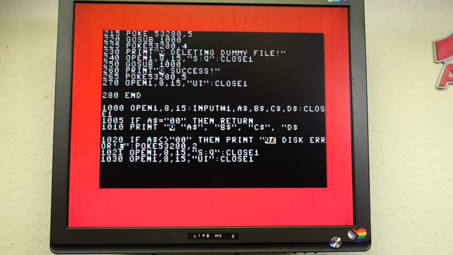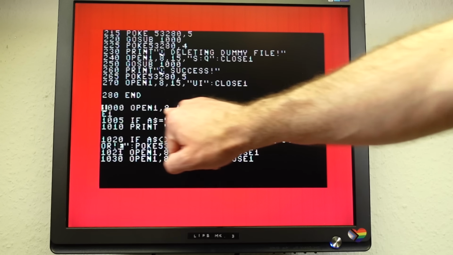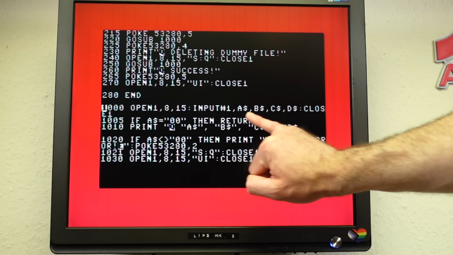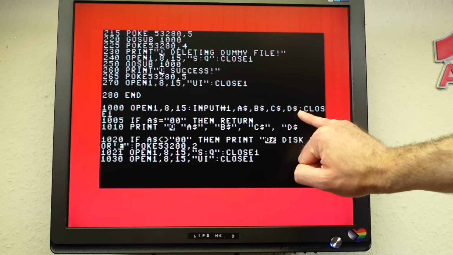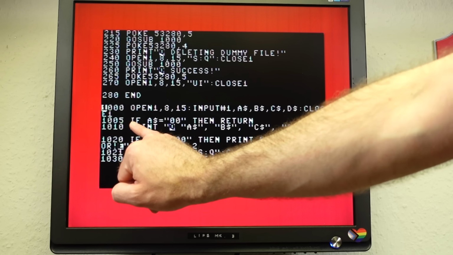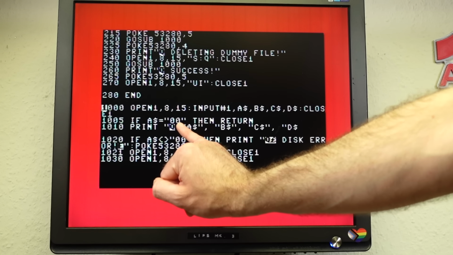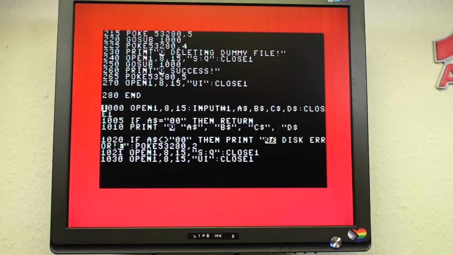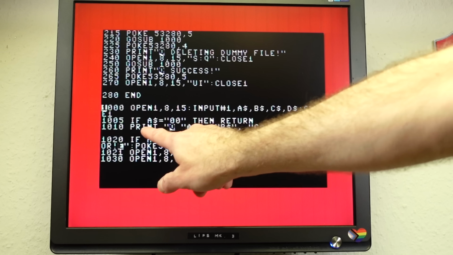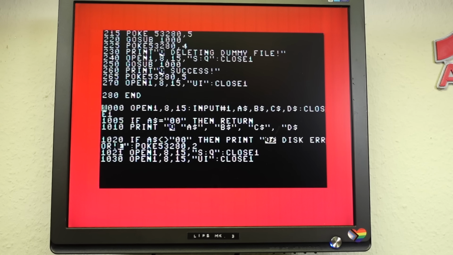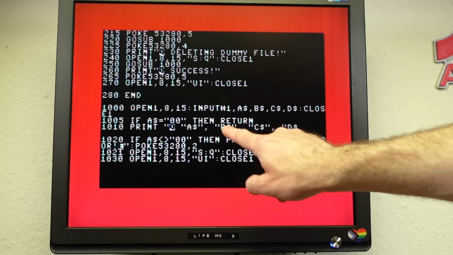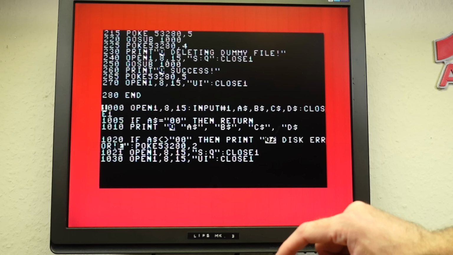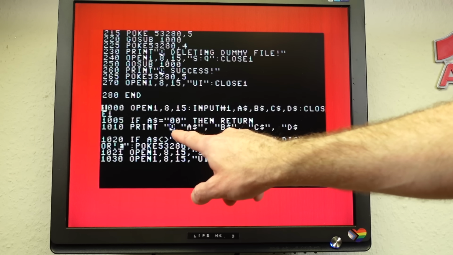And this is the little subroutine for checking the error state of the disk drive. That's just, again, opening a channel and inputting the state of the drive. That's 4 variables basically, and then it closes the channel again. And in case there's no error, the first numbers are 0, 0. In this case, I'm reading this as a string variable because it looks neater. You can also read this as a number. So it's a number, then the error message, and then 2 other numbers that I think relate to the error